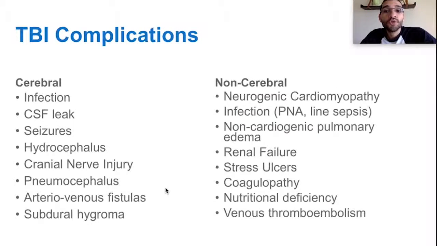For example, neurogenic cardiomyopathy, also known as Takotsubo Cardiomyopathy, which I'm going to describe in the next slide. You can have infections such as pneumonia or line sepsis. Since I'm here with infection, I will note that what we do know is that in patients who have traumatic